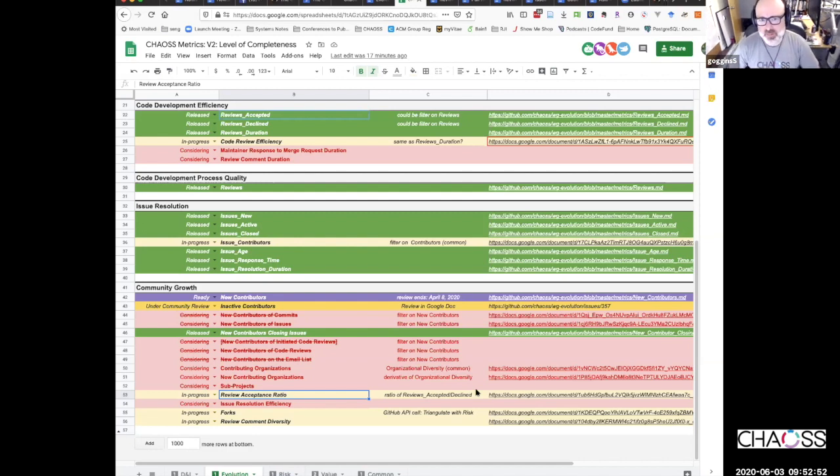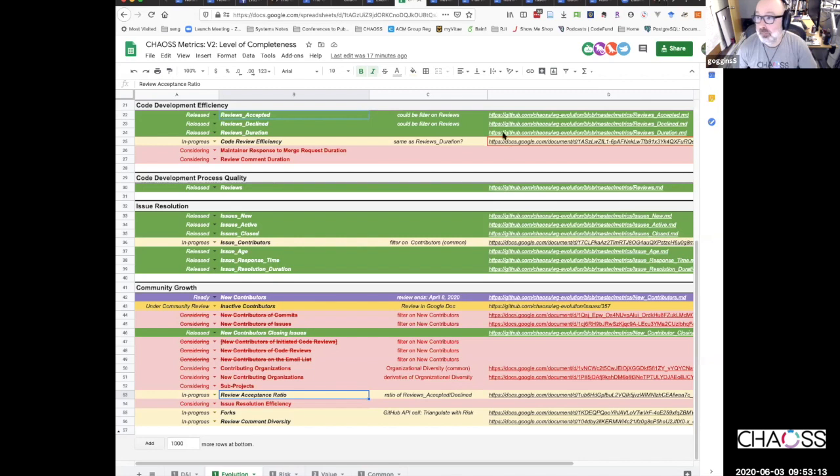But we're not serving a control function. And if there are metrics that you want to propose that we can incorporate into the spreadsheet, we welcome that contribution.